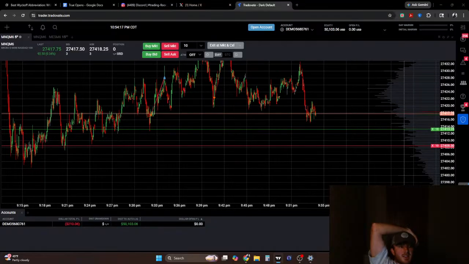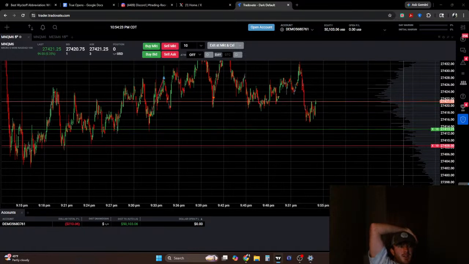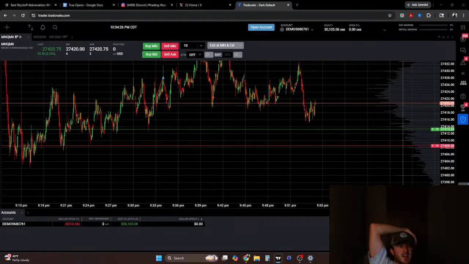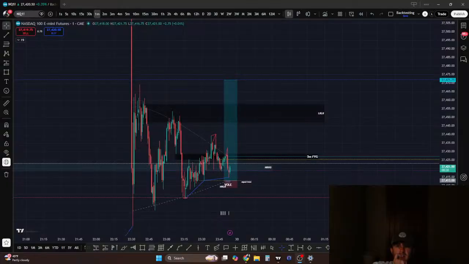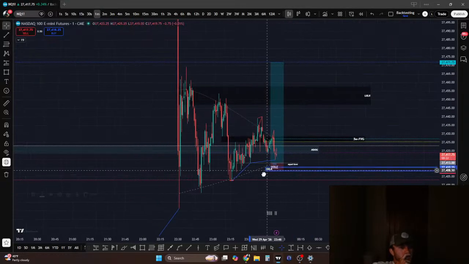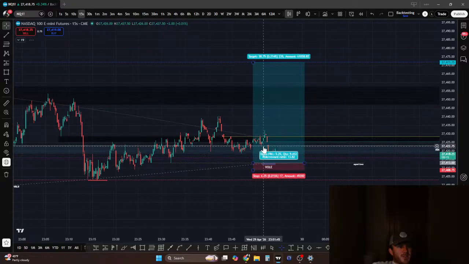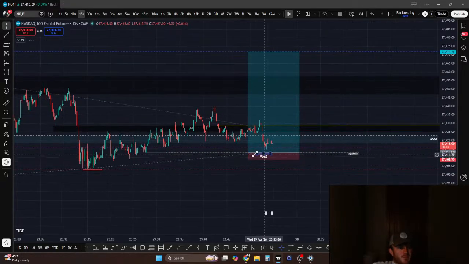I think this is gonna break, and then I think targeting true session open will be the move. That's where I would target right there, or actually this high. You can't see my screen. This, maybe these highs, maybe this high, or maybe just here. I think we're waiting for the new Pico open to form.